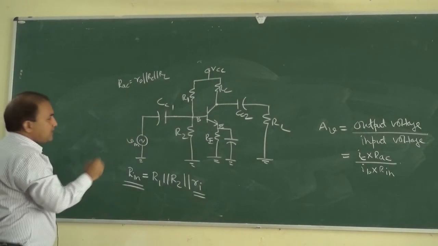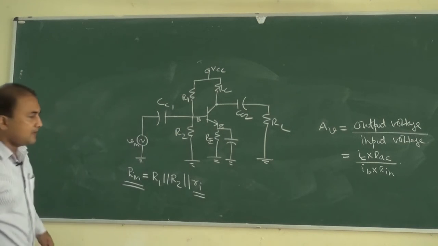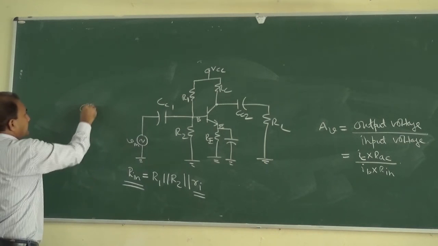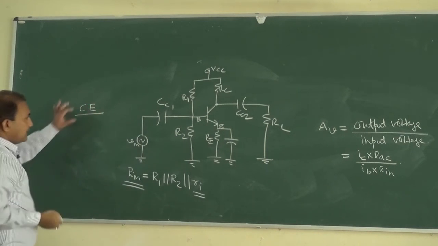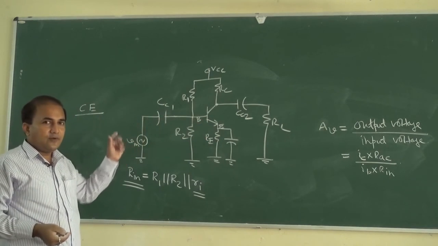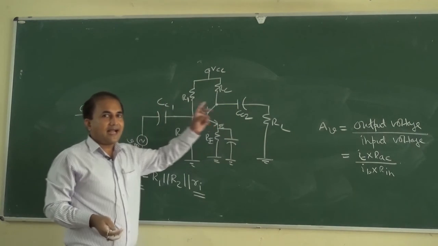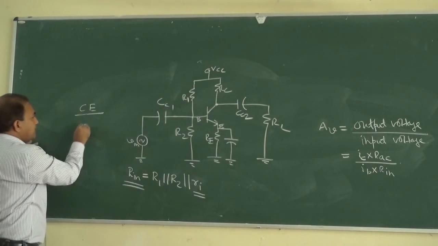In common emitter, we have seen that the BJT has very low input resistance and very high output resistance. And in case of common